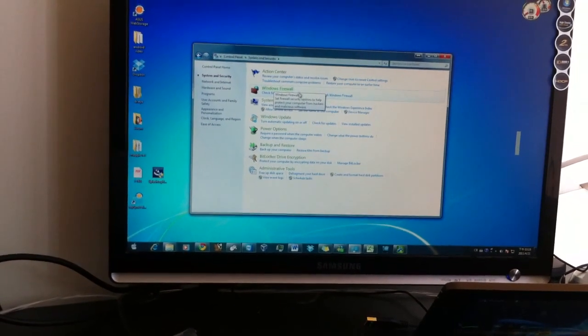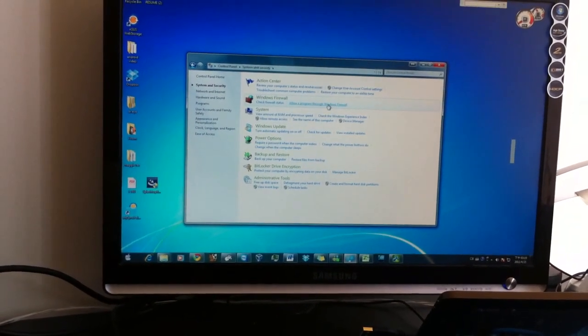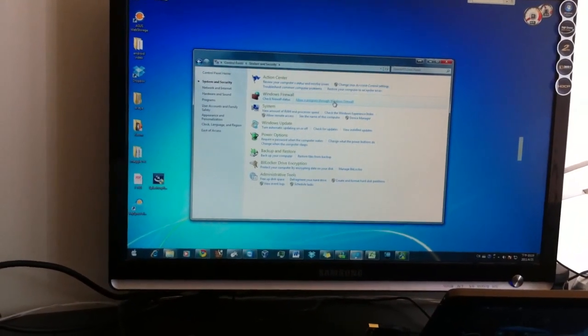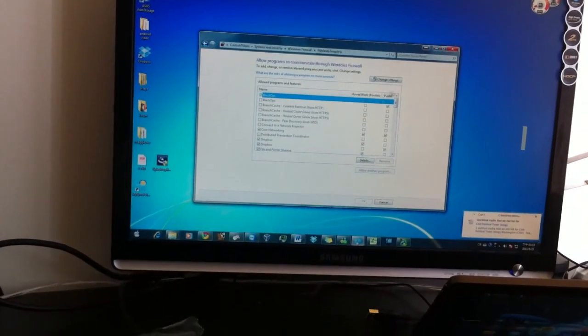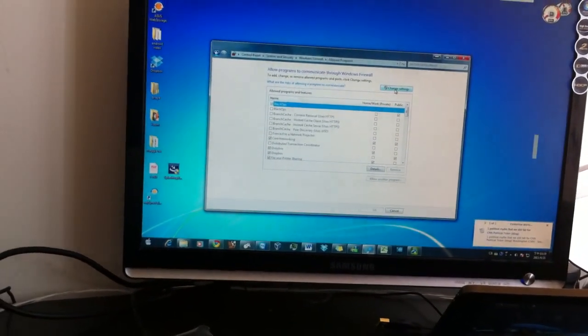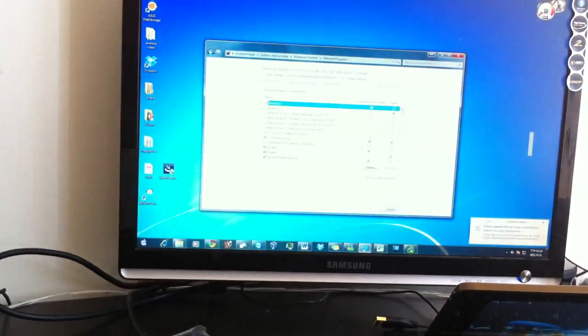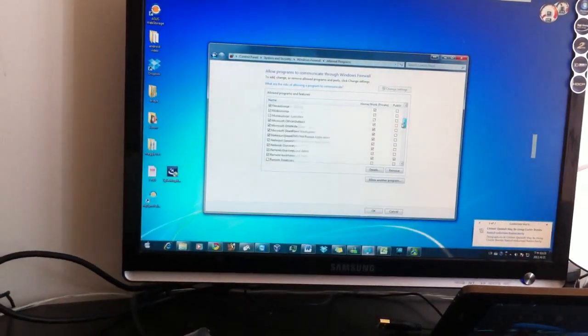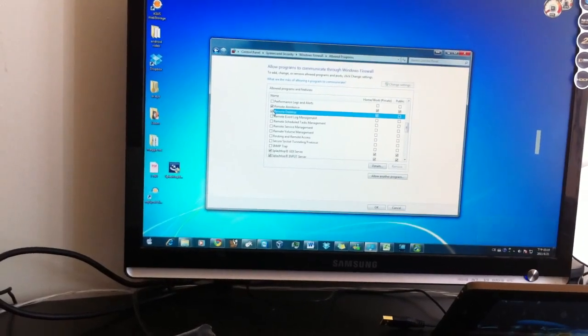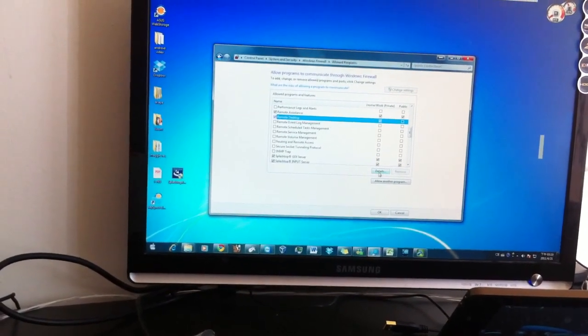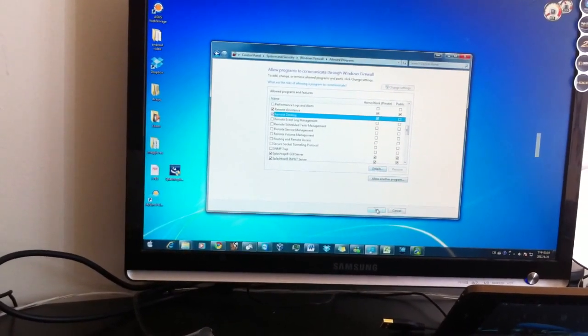Under Windows Firewall, click on Allow a Program through Windows Firewall. And then in order to make changes, you have to click on the Change Settings first. You scroll down to find Remote Desktop, and then check the box to allow access, and then click